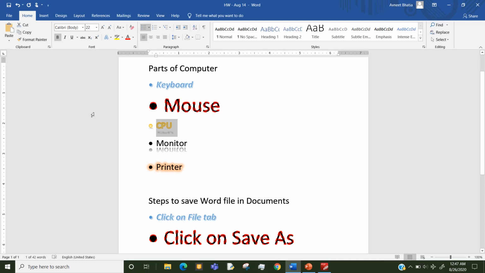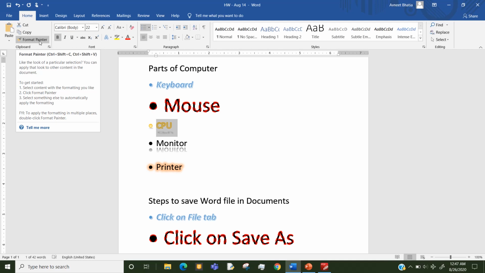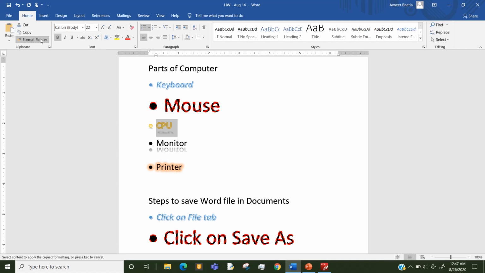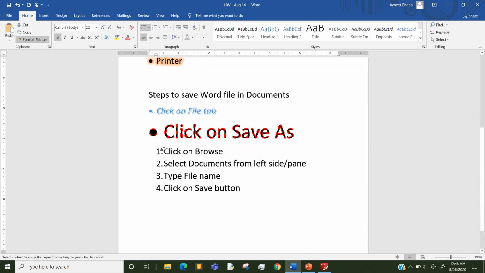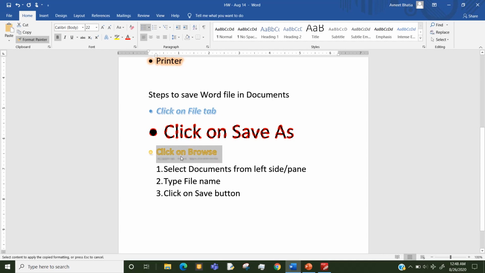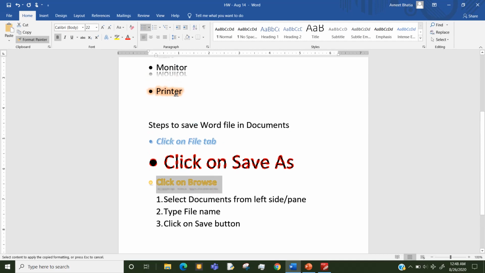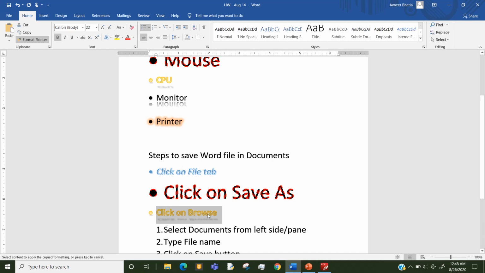Step 2 is a little different. Now instead of clicking on the Format Painter, we have to double click on the Format Painter, means click 2 times together. Again the mouse pointer changes to a brush, and now step 3 is the same. Wherever you want to apply, just click and drag and leave. See, the CPU formatting is applied on this step.